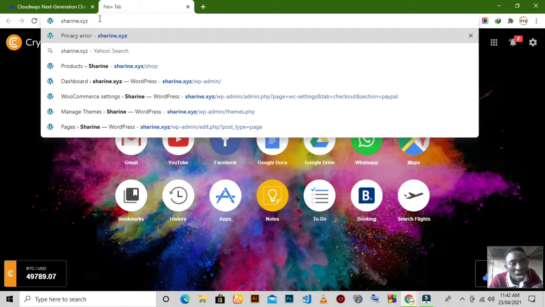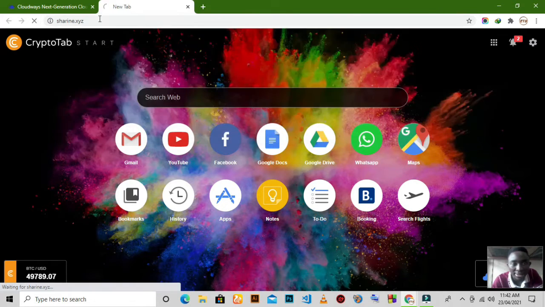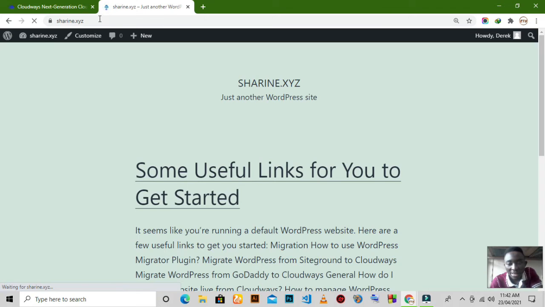carrying on. So I've typed in shireen.xyz right now, and if I should go to this website right now, you'll be able to see that the domain has been able to fully propagate through the whole of the internet and it is live right now. So if I hit enter and we go to shireen.xyz, you'll be able to see the new WordPress website. So I hit it, yeah, and there we have